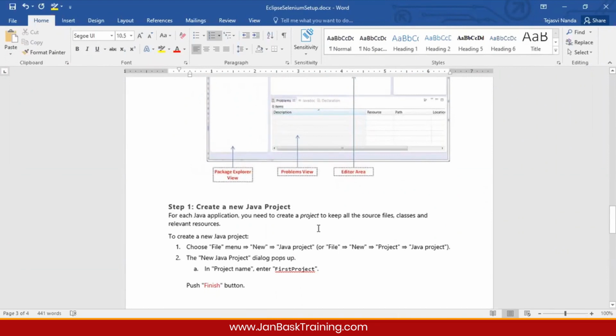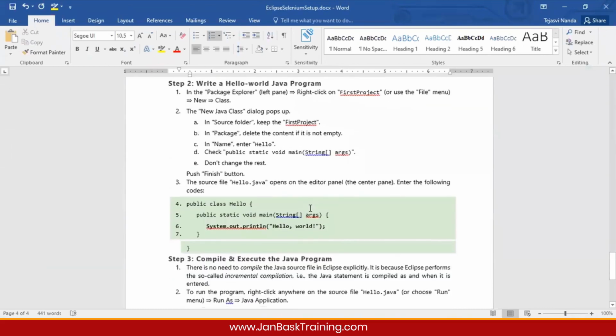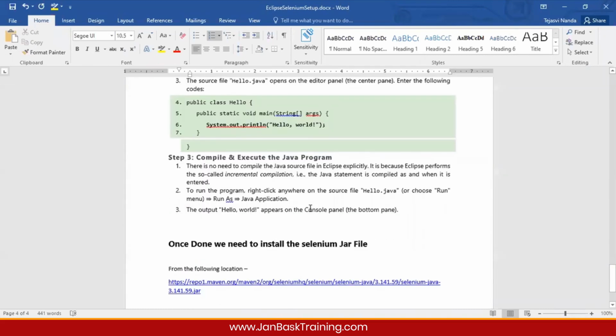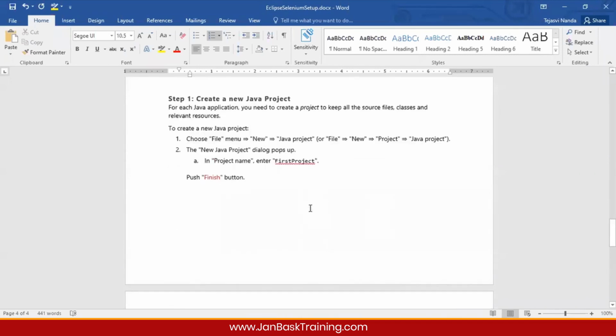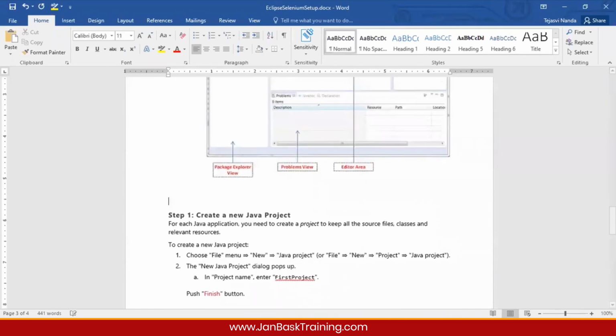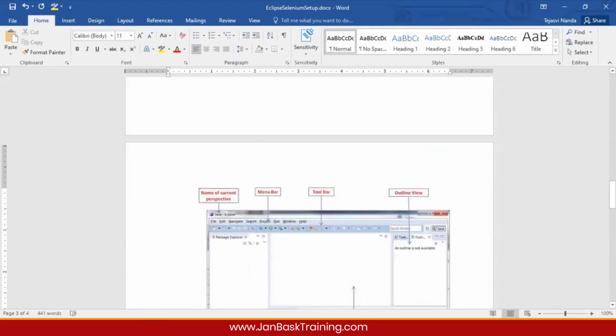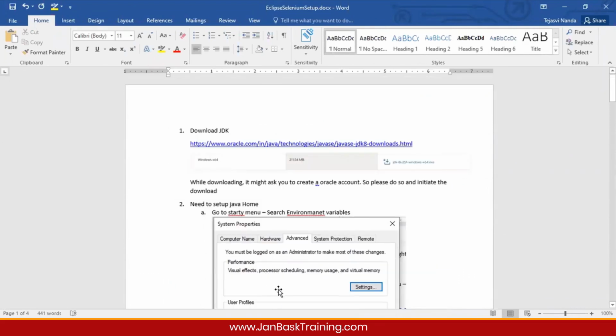Now once you are done with this, I'll ask you to stop over here. You don't need to proceed further, because this is something that I usually do to check whether Java is working or not, whether Selenium is working or not. But I'll ask you to wait till here, because after this, we'll be doing things ourselves. I'll be telling you how to do each and everything after this, in every session. Just try these steps, okay?